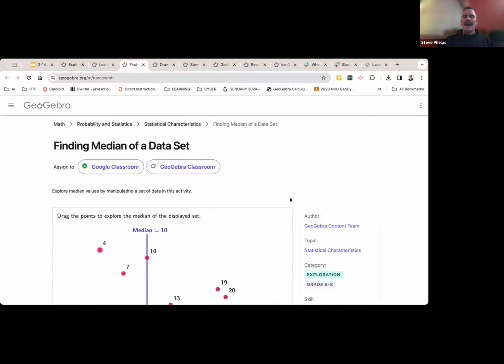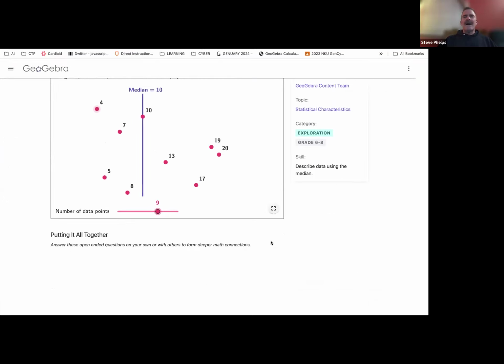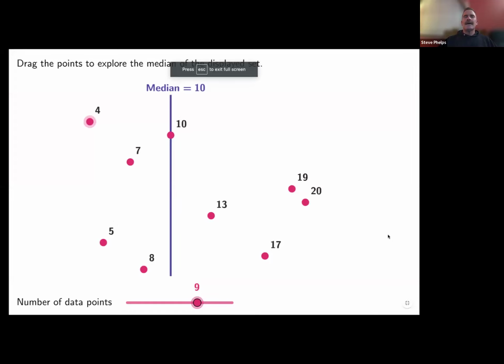There it is. Okay, I was only one off. So this is the finding and working with medians. And I do like this. And this would probably be a pretty nice activity, I think, to kind of